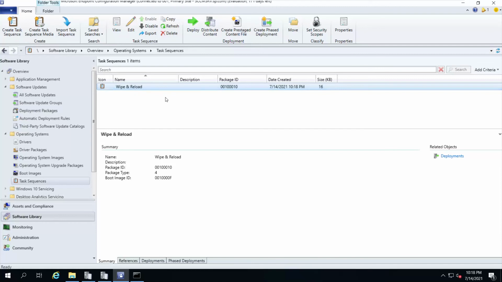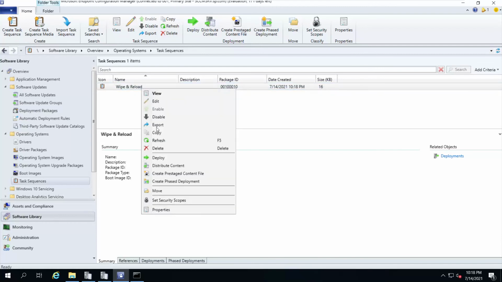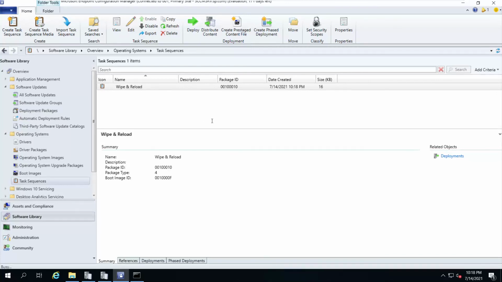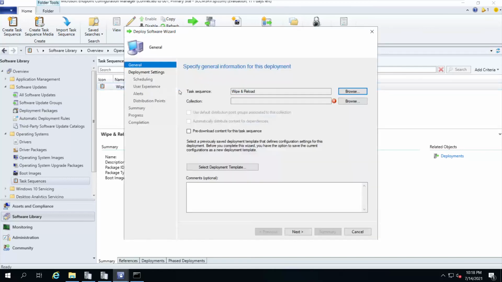Now I want to distribute this. I want to deploy this task sequence. So I'll right click and I'll say deploy. I'll select my collections.